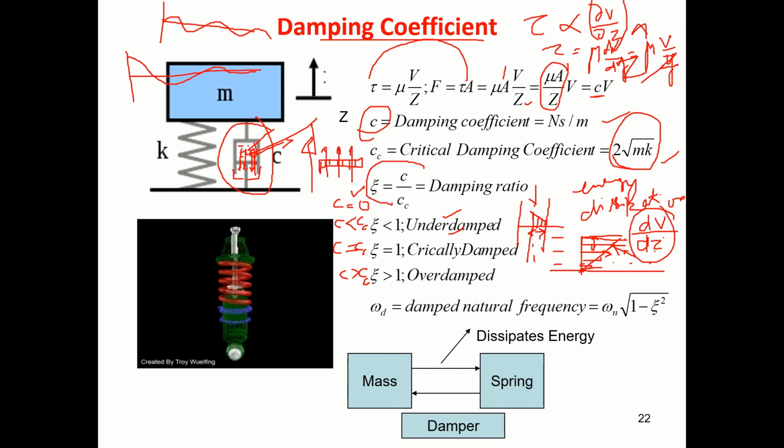So there was energy, that's why it was oscillating. Now the energy is removed, it will stop oscillating. So the damper that way dissipates the energy, since energy can neither be created nor destroyed. It converts that kinetic energy into thermal energy and throws it away. So that's how it will die down. Okay, that is what damping is.